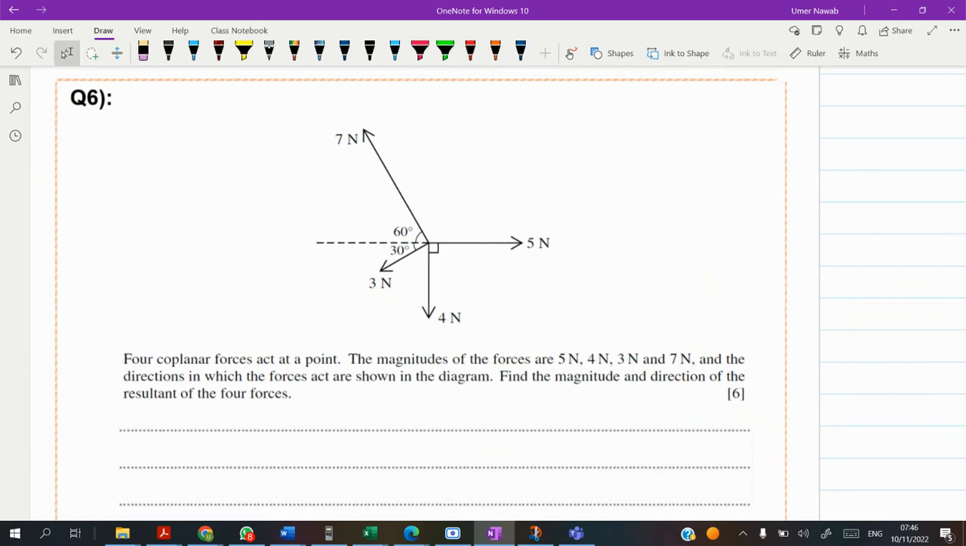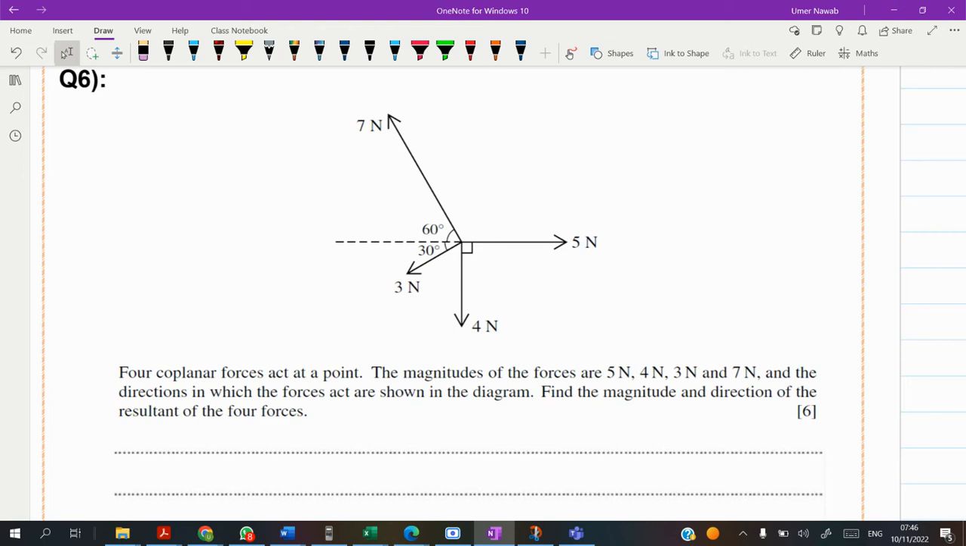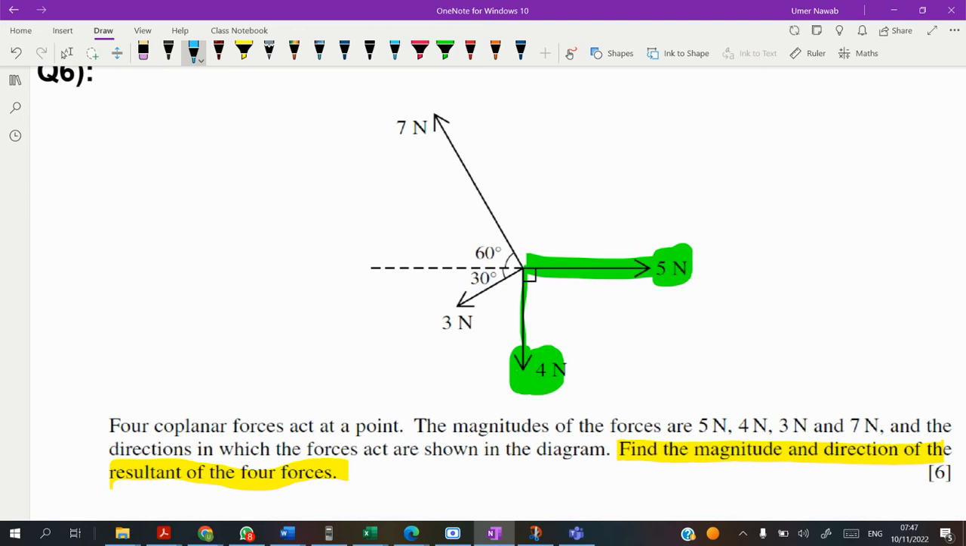Question number 6. We can see now we have all four forces. There is no resultant given in this question. We want to find the magnitude and direction of the resultant of the force. This force is already acting along the x-axis. This force is already acting along the y-axis. So no need to resolve these forces. We just need resolving of this force, 7 newtons. That has to be 7 cosine of 60, and this force is 3